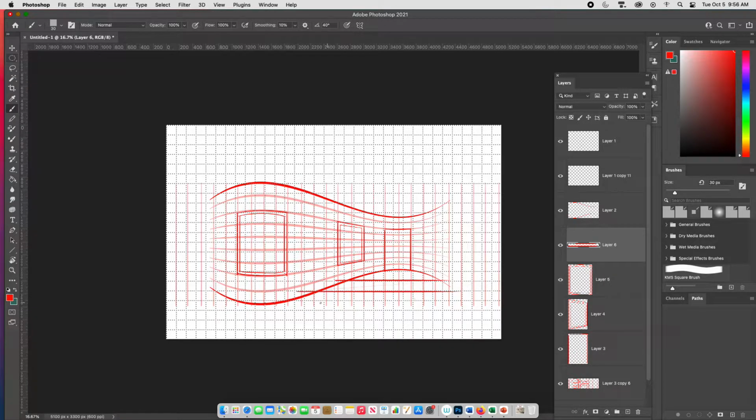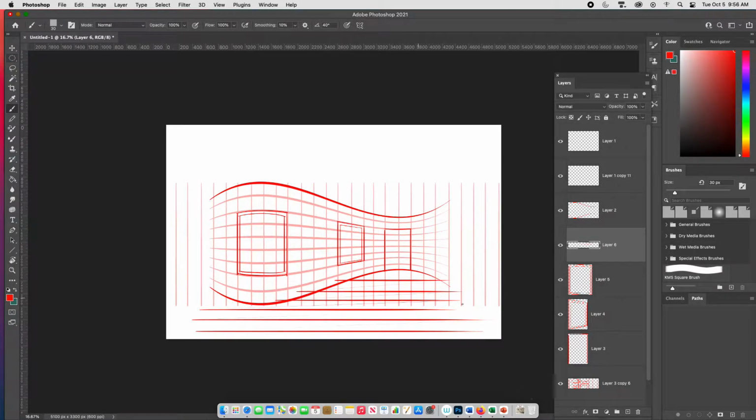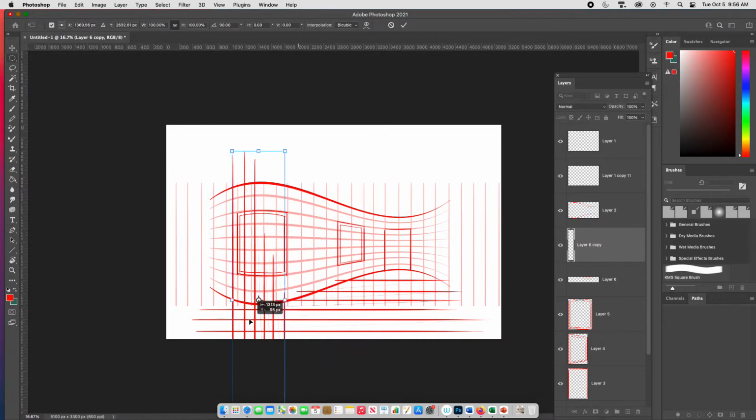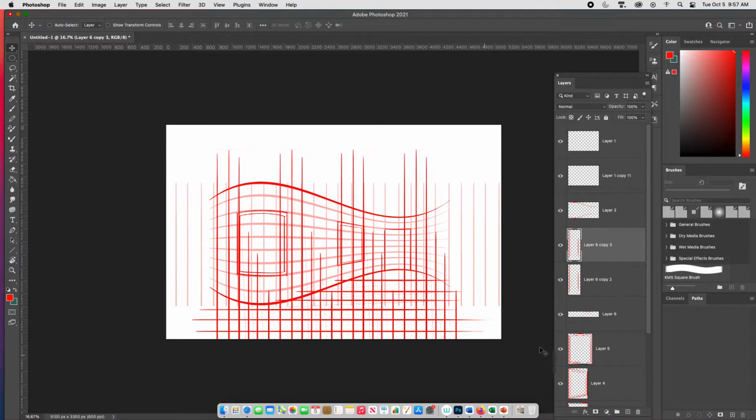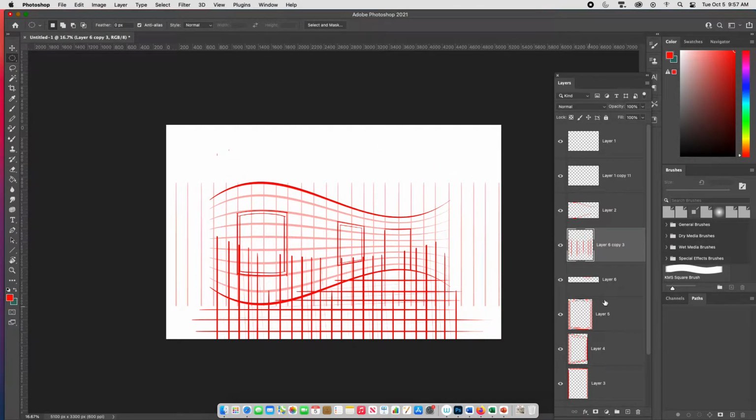Just create some horizontal lines. I'm putting this obviously in a separate layer. I'll toggle off my grid, and then take these lines that I've created, duplicate them by hitting Command J, Command T. I'm going through this a little bit fast only because I've talked about this in previous videos, so if you're curious about how you can make your own grids from scratch, I've covered this in quite a bit of detail in previous videos. So now I can take both the vertical and the horizontal and merge those two together, and I'll just even this out